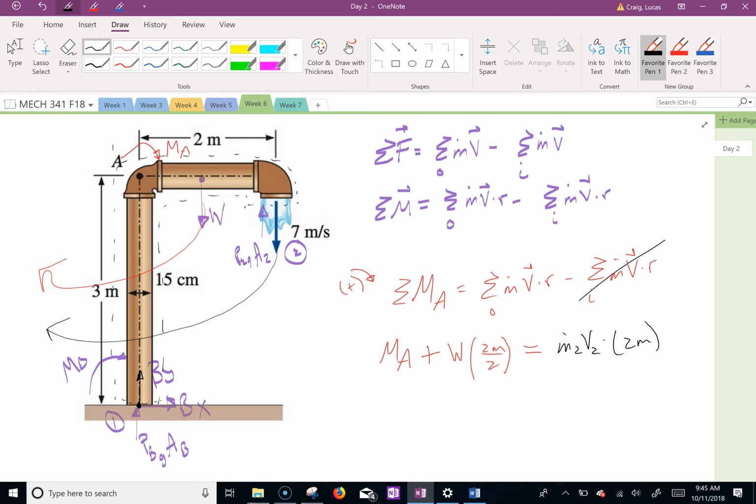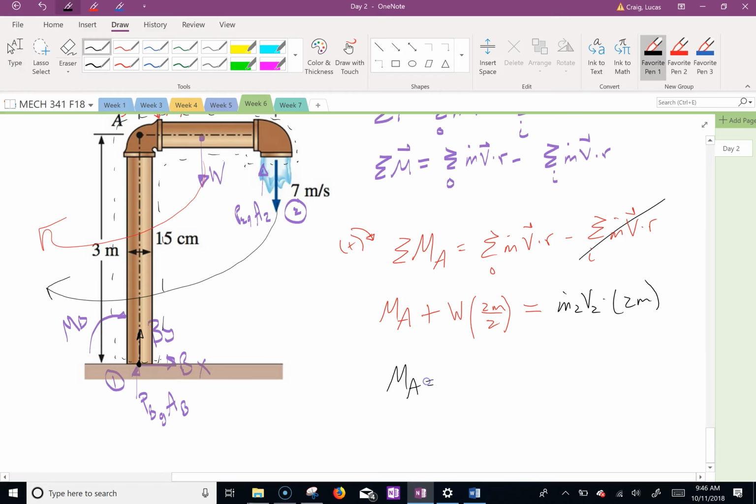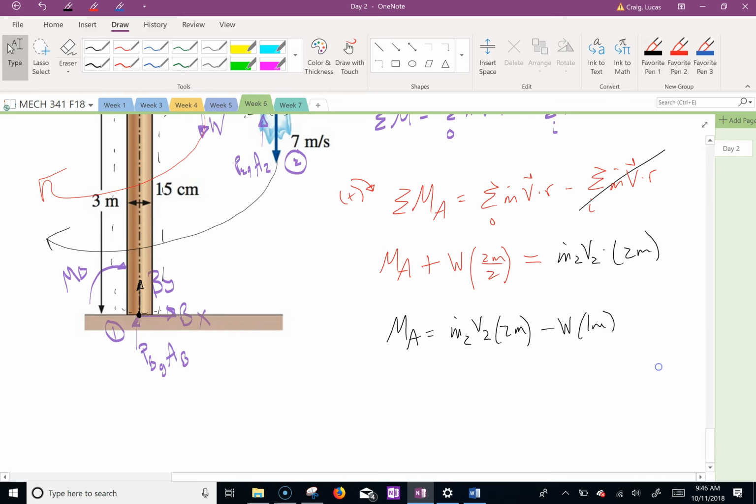What do we know? It's 15. Oh, we know the diameter, so we can figure that out. Okay, so let's just solve for MA. So we have m dot 2 V2 times 2 meters minus W times 1 meter. And I'll write it all in here. So m dot we know is rho A V times V2 times 2 minus, and the weight is